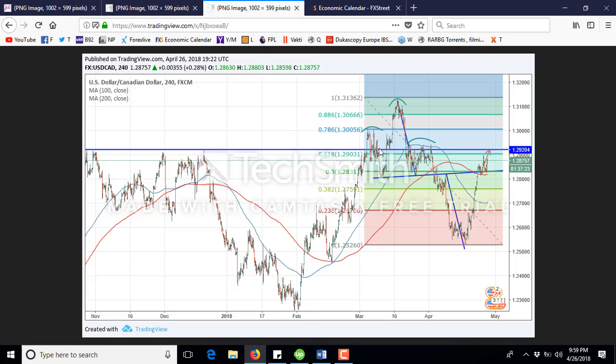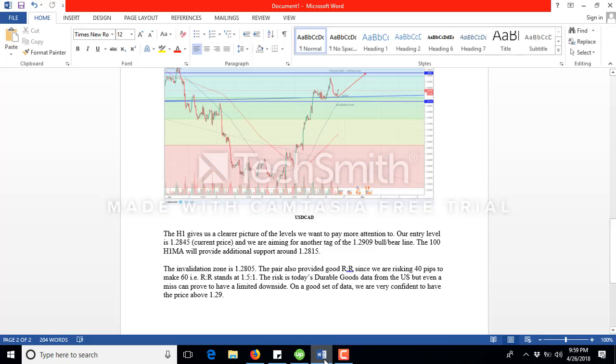Here you can see more tags of this line, and then what I simply think is going to happen, we moved above the support, like we said, the resistance now support. We came back to find more buyers, as I explained everything here, and more or less we're now looking for a tag of this line at